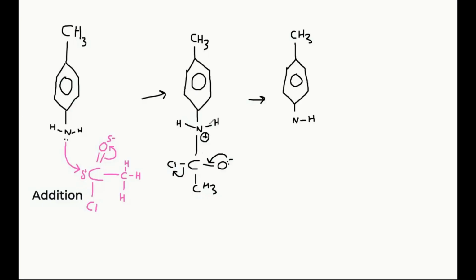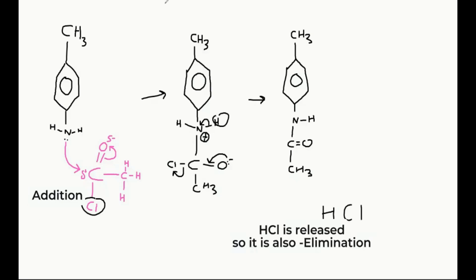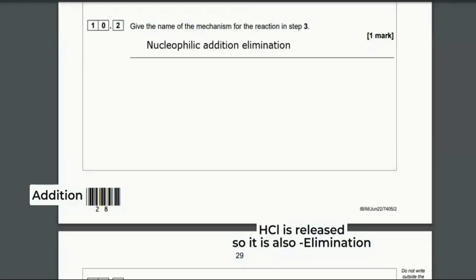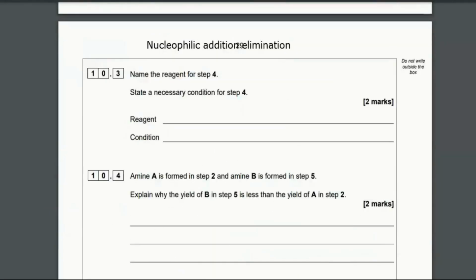So we're going to end up with a chlorine atom and a hydrogen atom eliminated. So we've got our addition in the first step, which was the pink acyl chloride molecule joining to the phenylamine, the methyl phenylamine, whatever, and that's addition. And now we've got elimination with this hydrogen and chlorine breaking off to form hydrogen chloride. So it's addition, elimination. And it could be called nucleophilic addition because the lone pair on the nitrogen